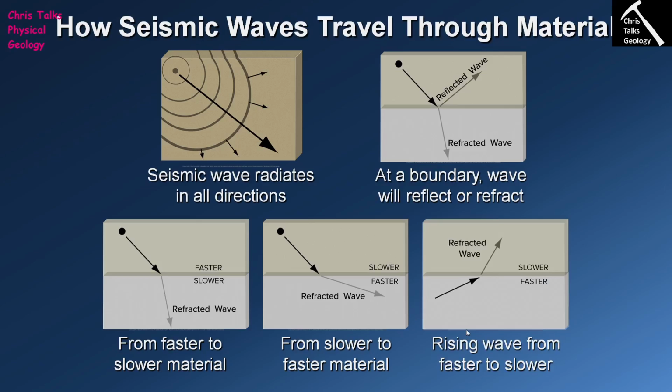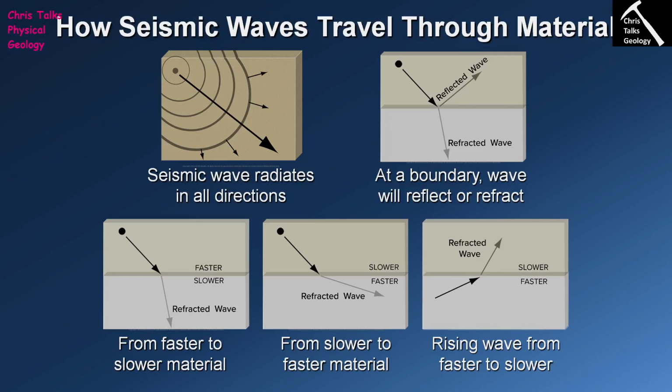And we will also see the same thing if the seismic wave is going upwards. In these two models, it's been going downwards, but in this case, as we can see, it's rising up. So in this case, we're transitioning from fast to slow. So it's the same as this model here. So here's our seismic wave coming along, and it's moving towards our boundary. And as it transitions from a faster material to a slower material, we can see that the angle at which the seismic wave is moving has increased. It's become steeper. So refraction will change the path that our seismic waves take as they move through the Earth's